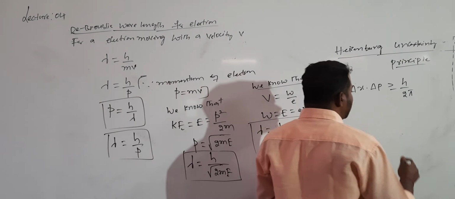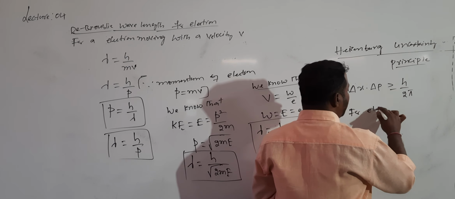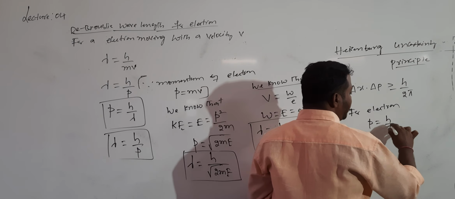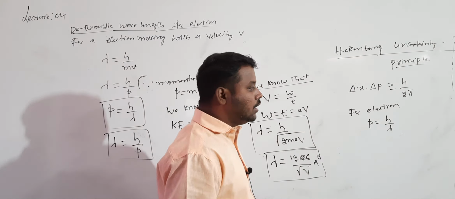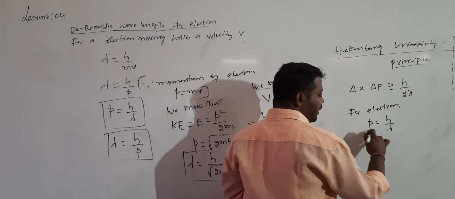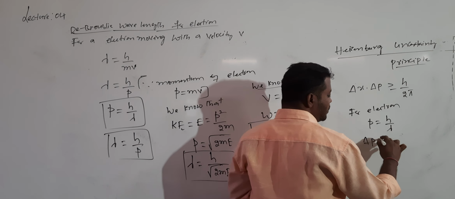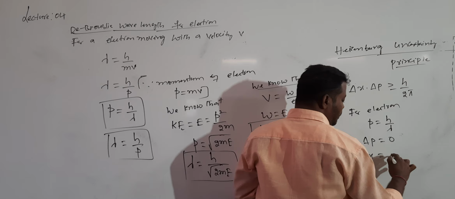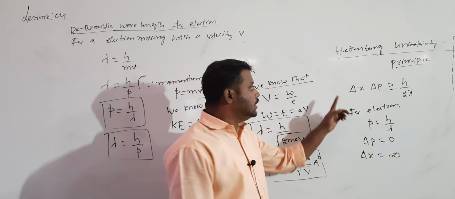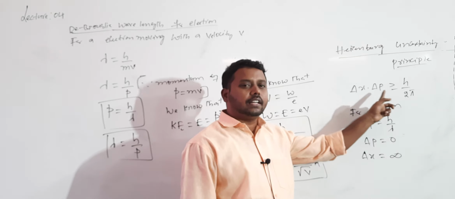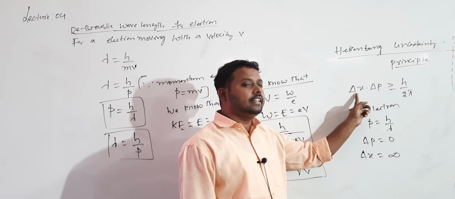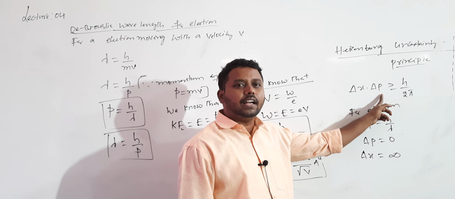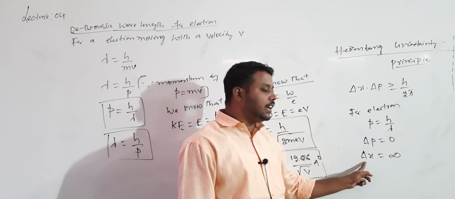As per this, for an electron we know that it has a definite momentum. Momentum can be calculated by knowing the wavelength. If you know the de Broglie wavelength, the momentum can be calculated definitely. When p is definite, what happens to delta p? It is 0. When delta p is 0, as per this equation, delta x should be equal to infinity, because this product should not be 0. When delta x is 0, delta p should be infinity. Are you getting it? So delta x into delta p. Now delta x is infinity.